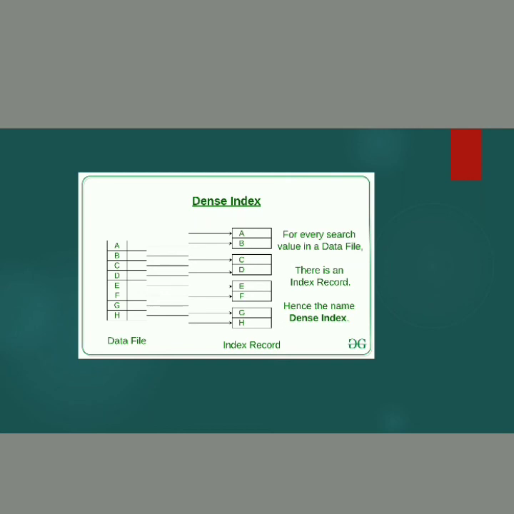For example, AB is a separate block, then CD, then EF, and GH. So here, for example, when we access the file of A, we use the search key for A. When we access the file of A, then A, B, two files we can access at a time.